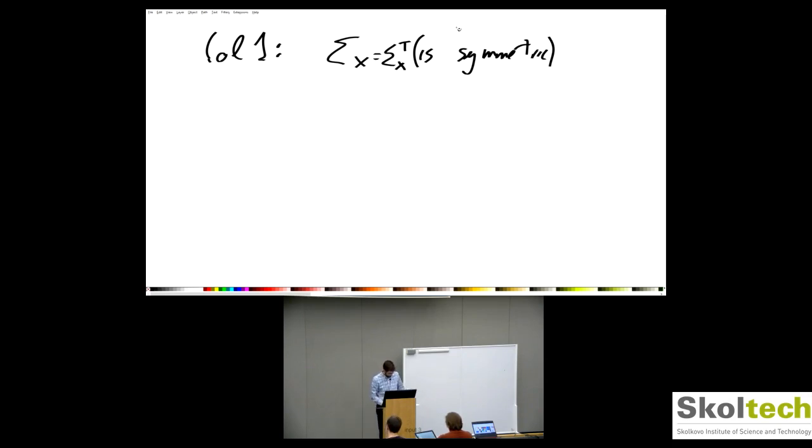Okay, so this is symmetric, and this is also important. What about this guy? Is it symmetric also? No. Just to begin with, it's not square. So that's bad, but this is important. It can be a subblock, but still, this can be non-symmetric. It is not symmetric. Okay, so if you want a proof of this,